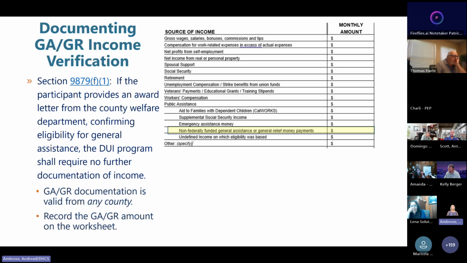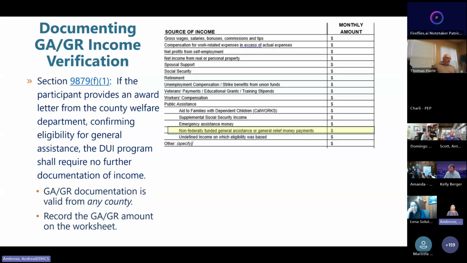I hear that a lot. Well, he drove up in his Lexus, but he says he's on GA or GR. Does not matter. If they present evidence that they are receiving general assistance or general relief, they don't have to show any other verification of income. So this also is valid. They can bring GA/GR documentation from any county.